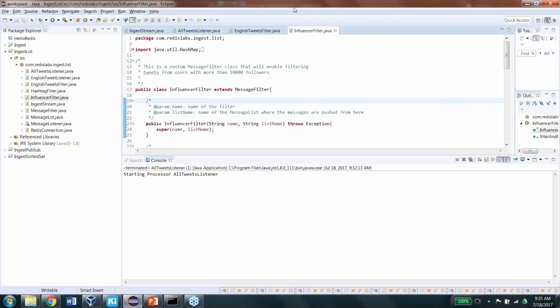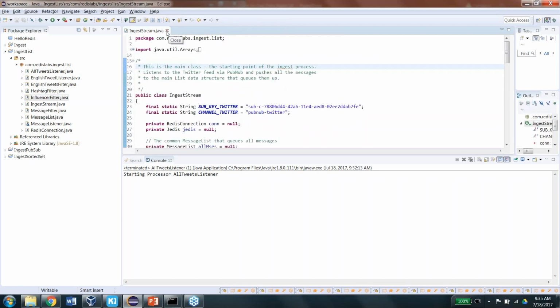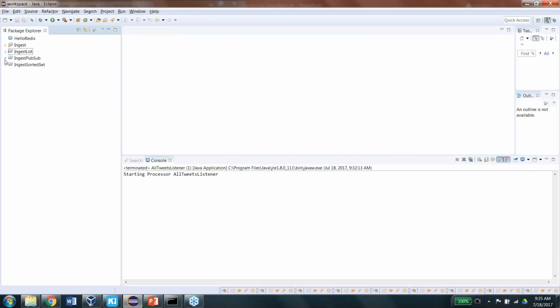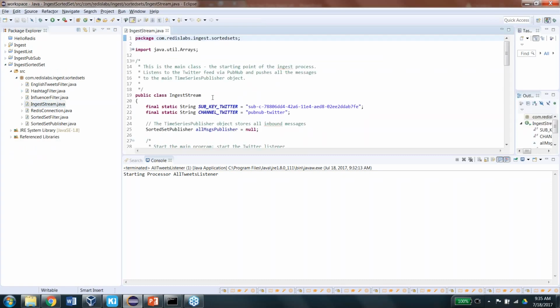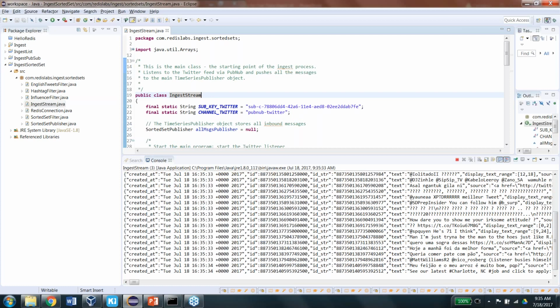So once I do a flush all, it's all gone. I'll close all my programs from ingest list, and I'll open sorted set. So here, let me start ingest stream. So once again, it is collecting all data,